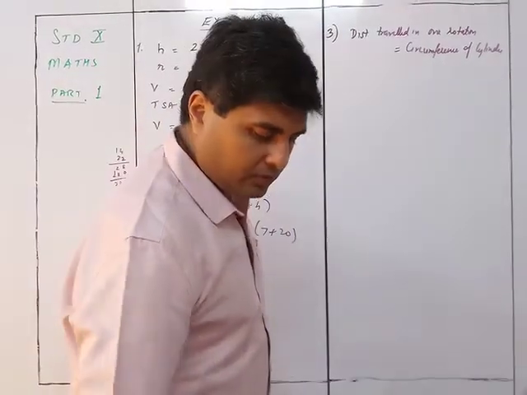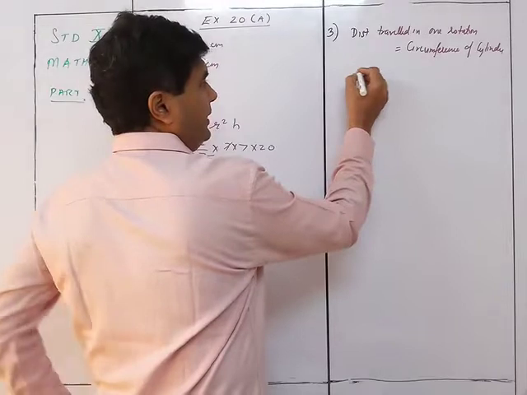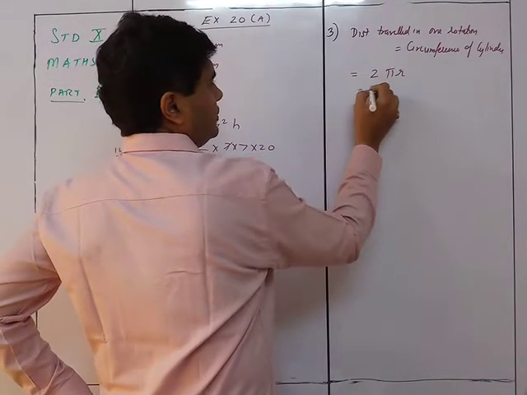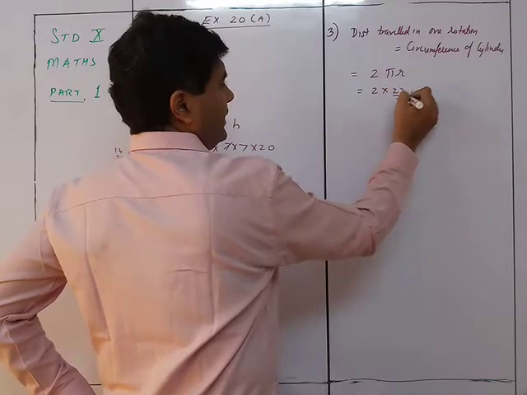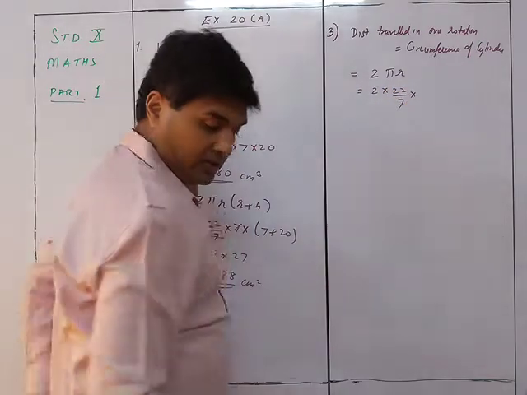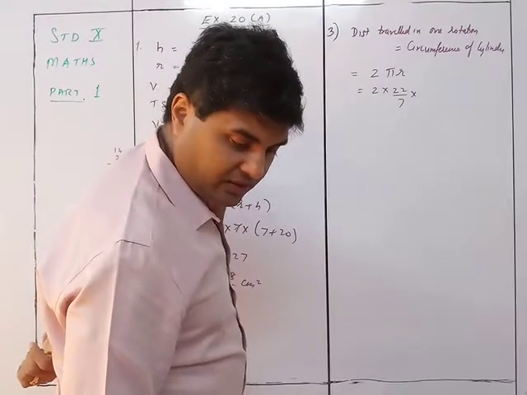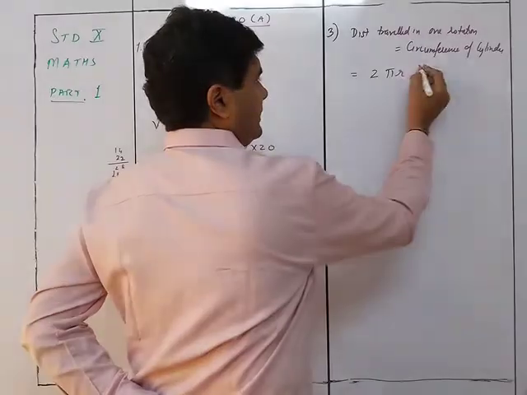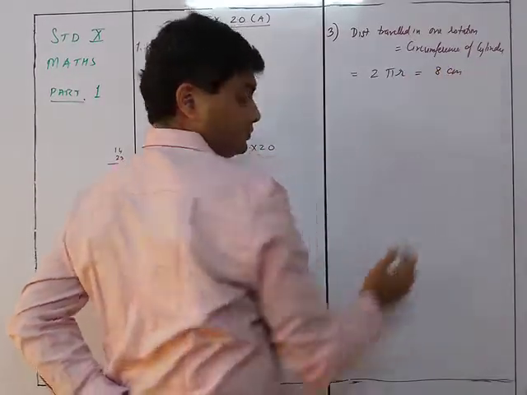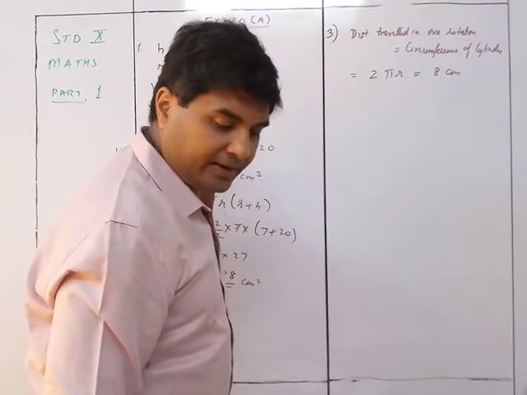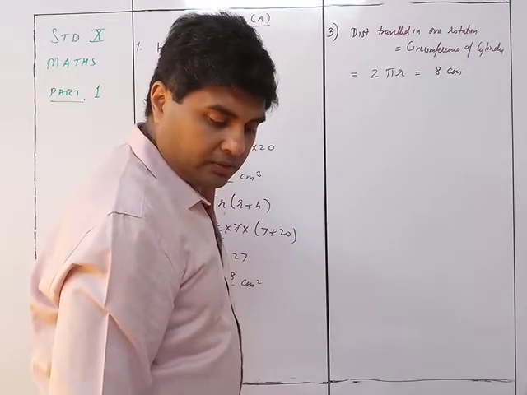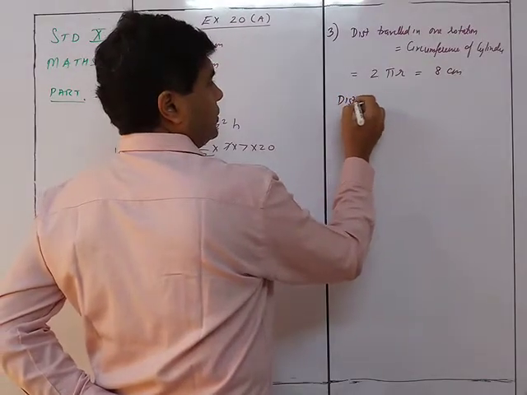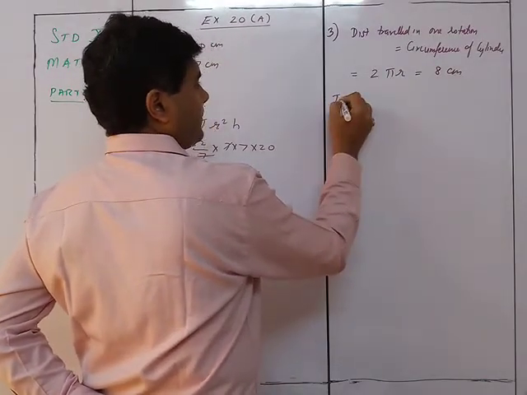It would be 2 pi r, which is 2 into 22 upon 7 into r. But the circumference itself is given to you as 8 centimeters, and it has the number of rounds. So now the total distance traveled